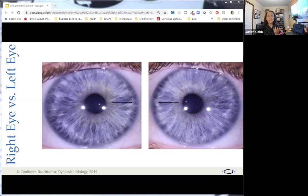So as we know, iridology photos are taken up close, really, really close, right? And we should not be able to see very much of the face as we are doing this. And knowing that, you're not going to see any of the facial features. You probably won't see the inner canthus. You probably won't see the outer canthus. And so the first thing that I want you to recognize is that the pupil is not in the center